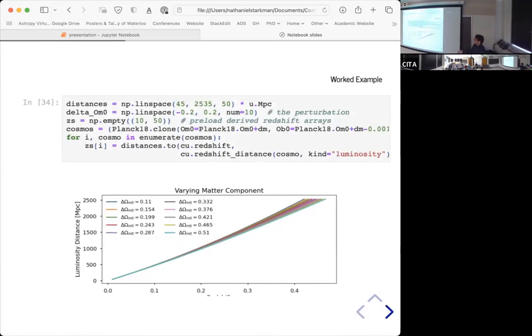So just as a simple worked example, I just want to compare what happens when we perturb a cosmology over a large set of parameters. I'm going to be changing just omega matter and omega baryon. And I'm just starting with a luminosity distance, and I want to plot how changing my cosmology affects the redshift that comes out. So here you can see I'm just making an array of my luminosity distance, imagining that's some